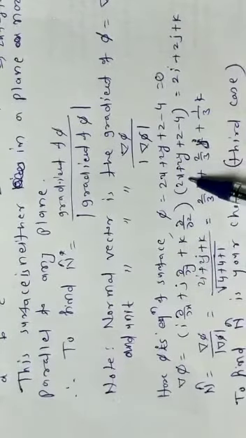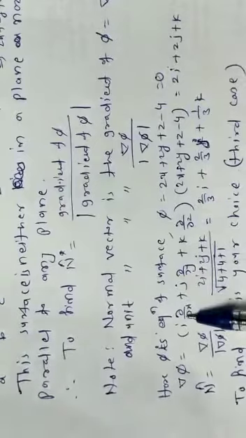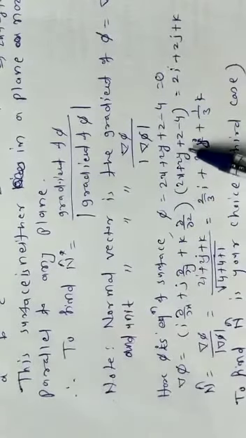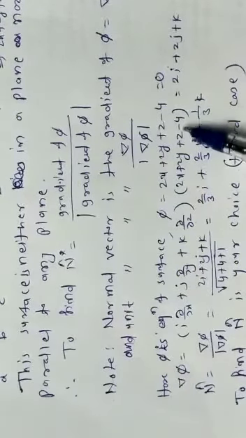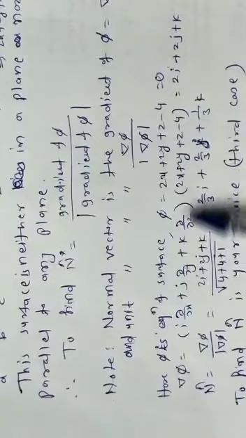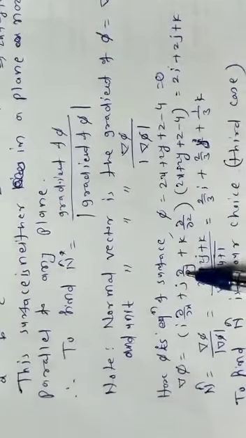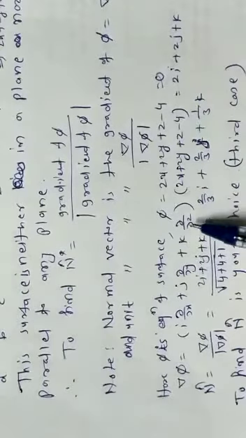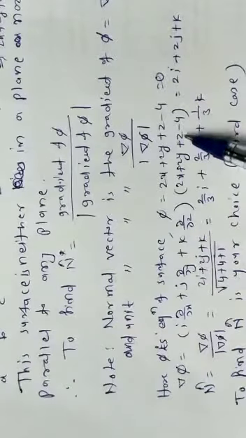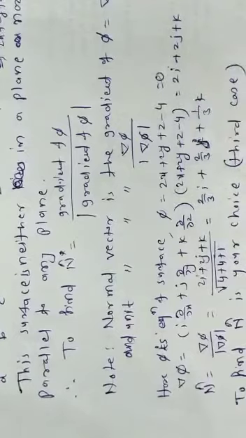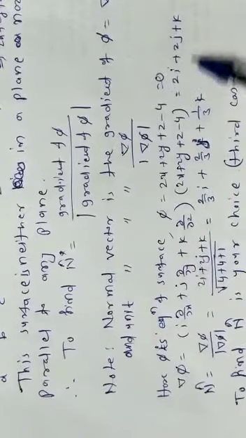So i dot, what will be dou by dou x of 2x? It will be 2. I is a constant. Then dou by dou x of remaining all terms will vanish because it is partial differentiation. Similarly, dou by dou y of this will be just 2 and into j. All remaining terms will vanish. Dou by dou z of this will be only 1 into k is 1. All remaining terms will vanish. So using the property of partial derivatives, you are getting this as del phi, gradient of phi.